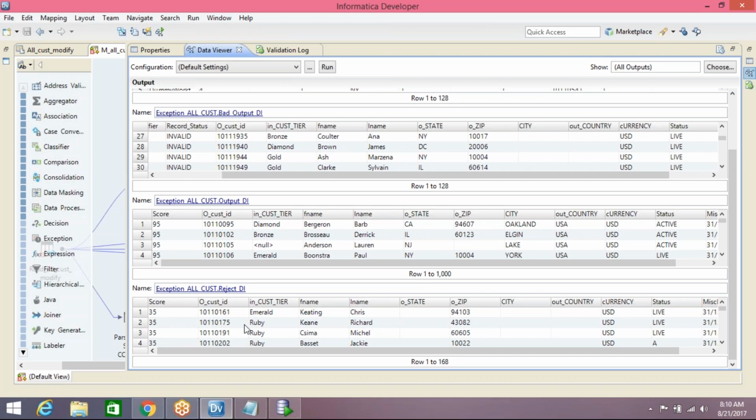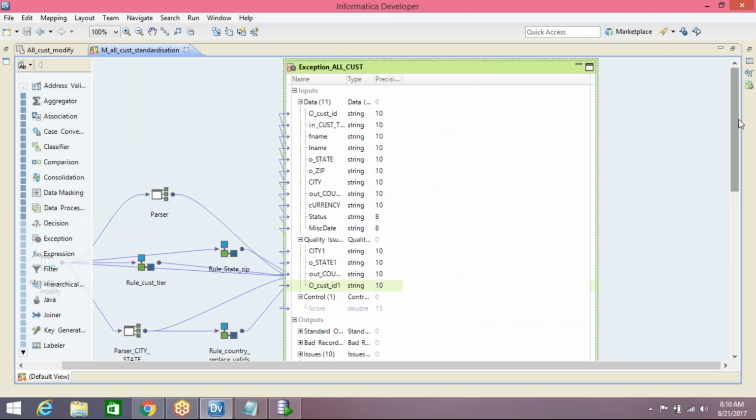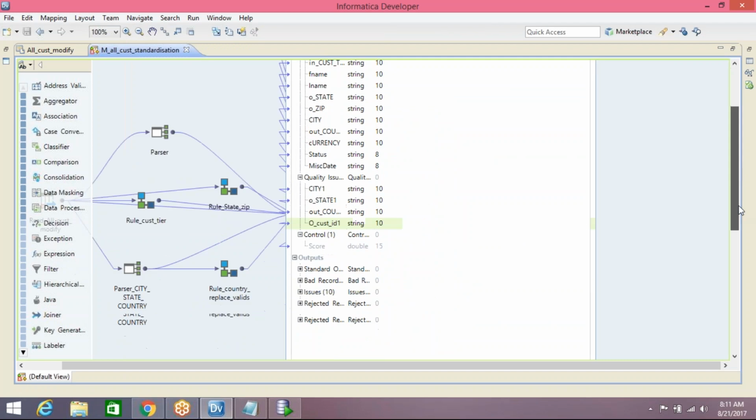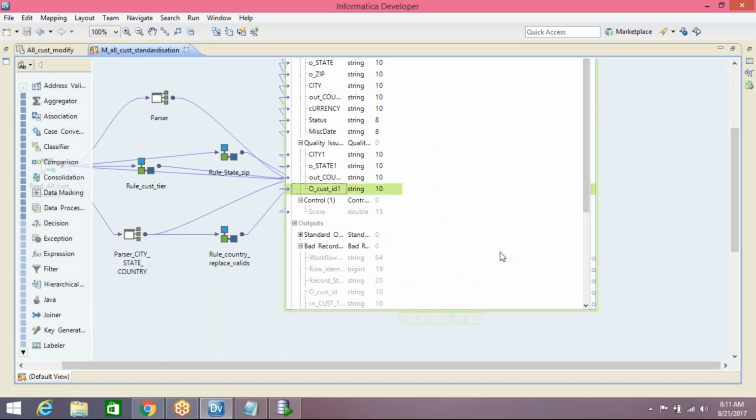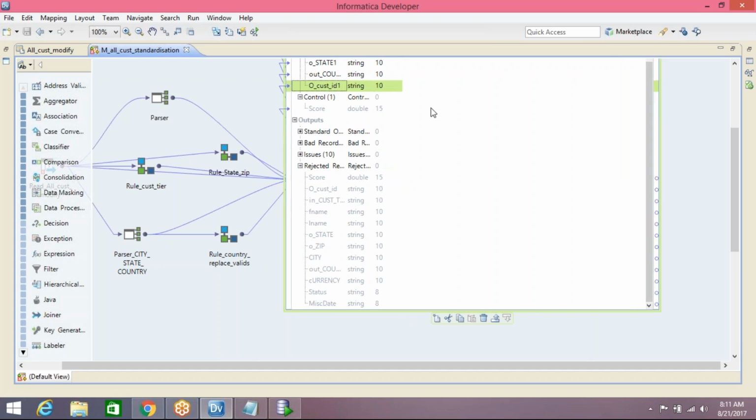if you look into the reject records, the score is 35. What is the issue? State is null, city is null, country is null. Because all these three attributes are null, the score is 35 and those records are rejected. We will connect to different flows. Standard output I will connect to match and bad records. Reject records I will connect to